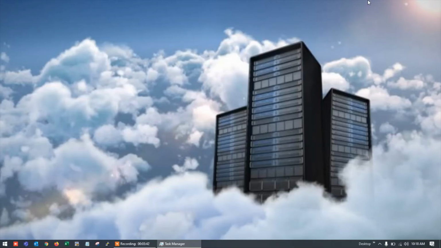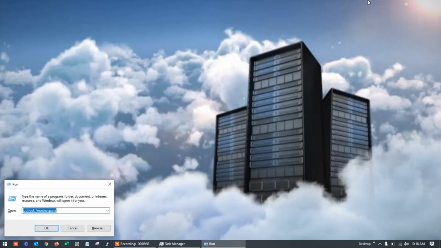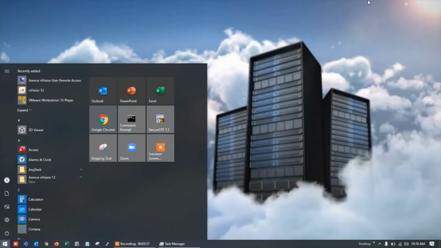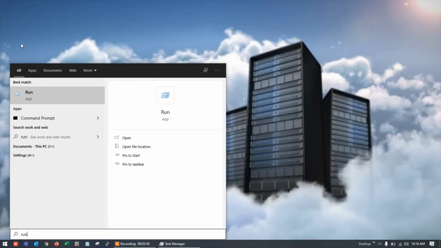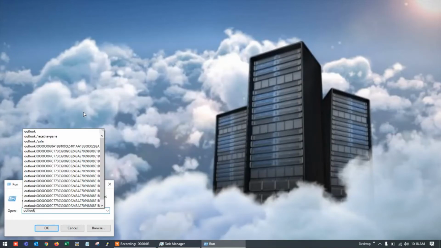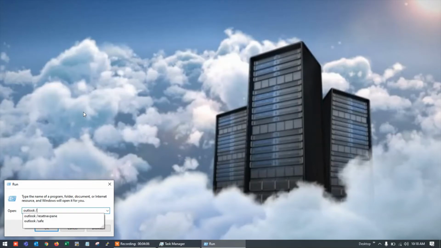So first, to reset the navigation pane, we are going to open the Run command. You can open it via Windows + R, or open the Start menu and type Run in search. Once you click on Run, you have to type outlook /resetnavpane.